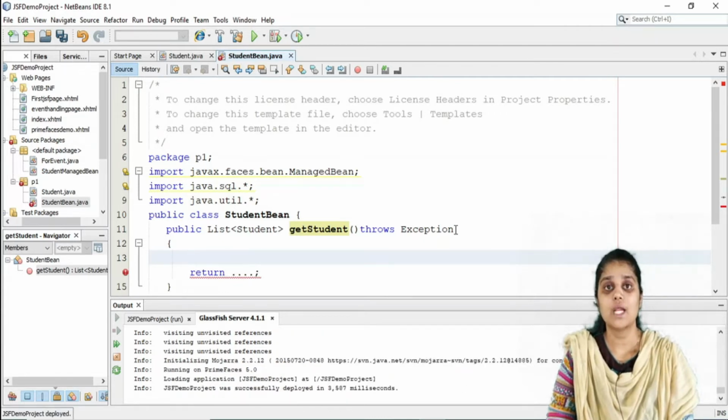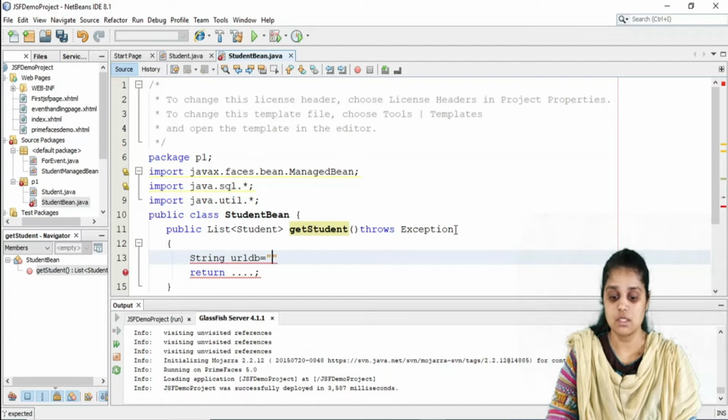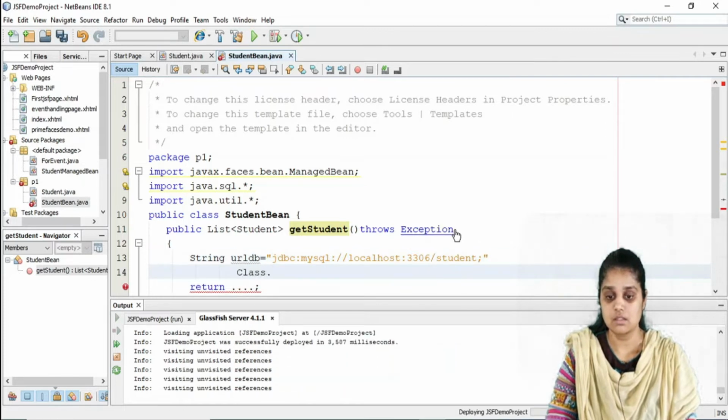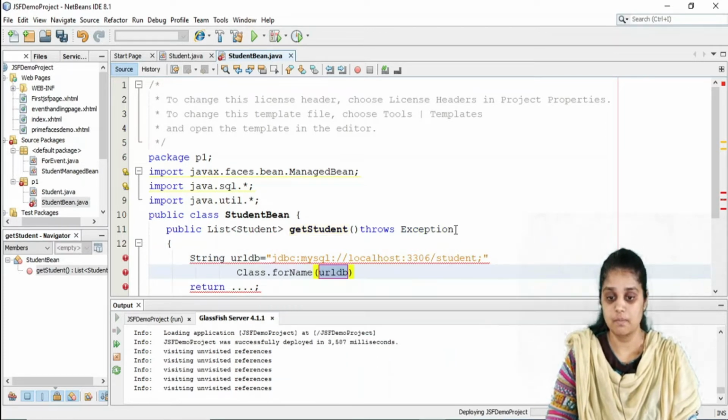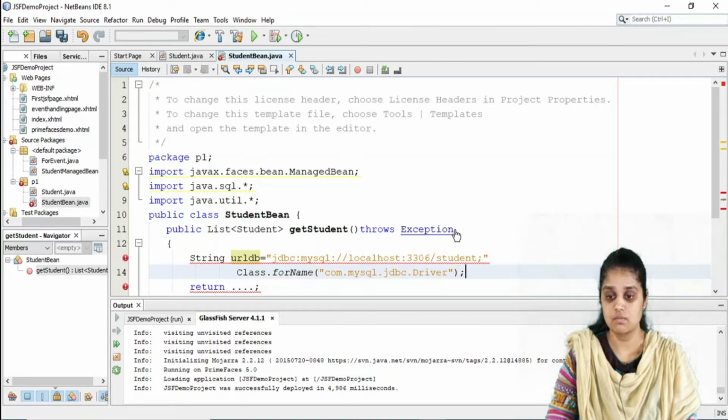Now we are going to write the code for connecting to the database. So String urldb is equal to jdbc:mysql://localhost:3306/student database. Class.forName com.mysql.jdbc.Driver.